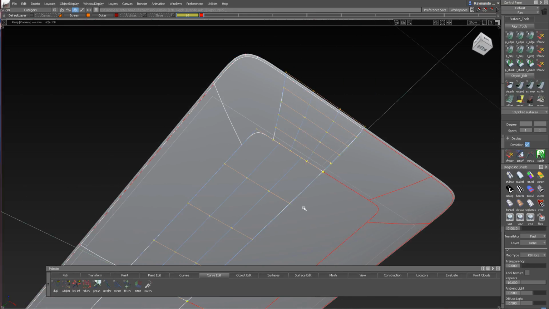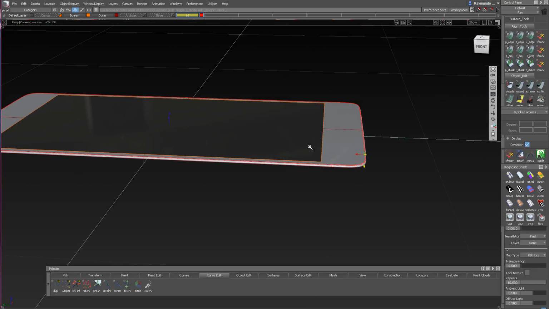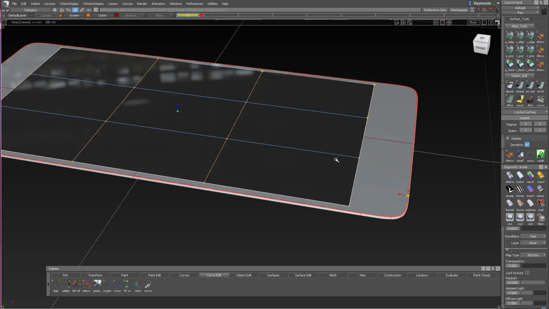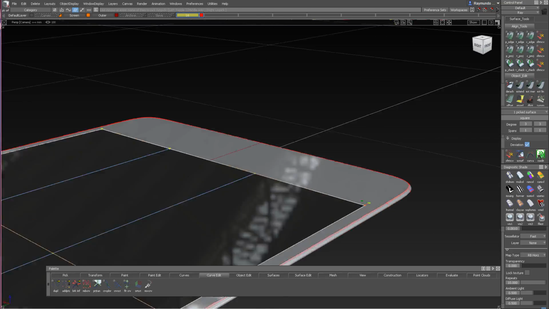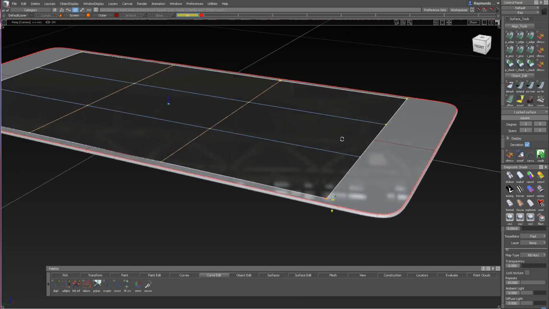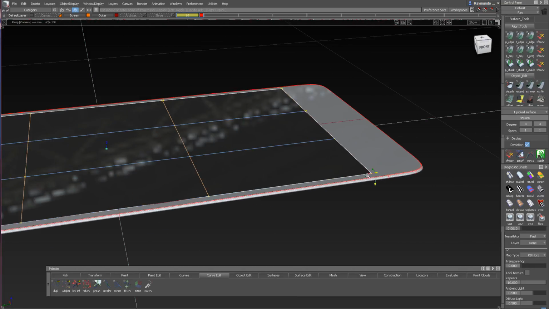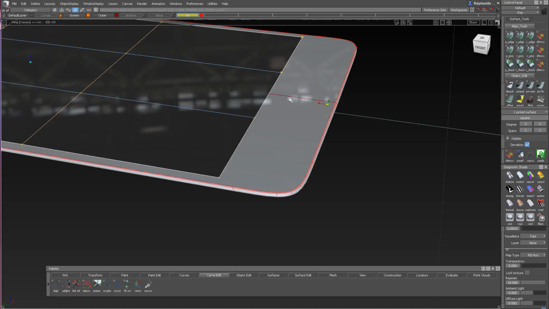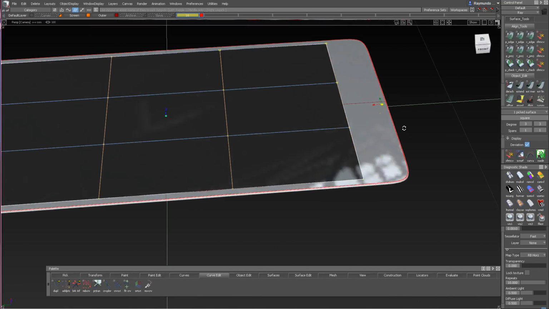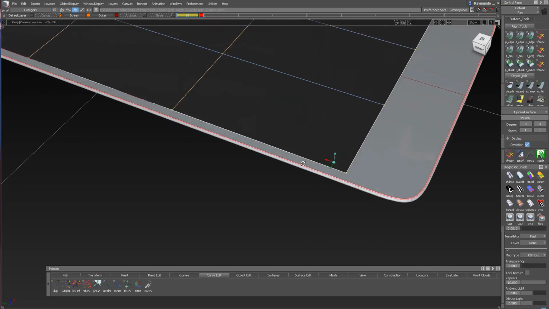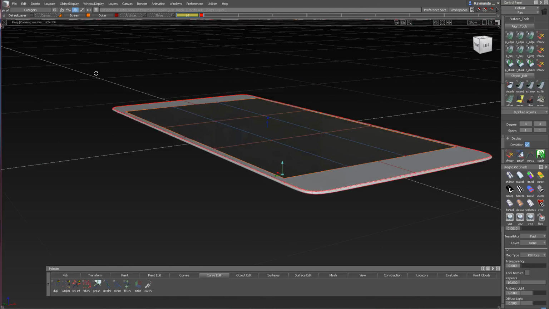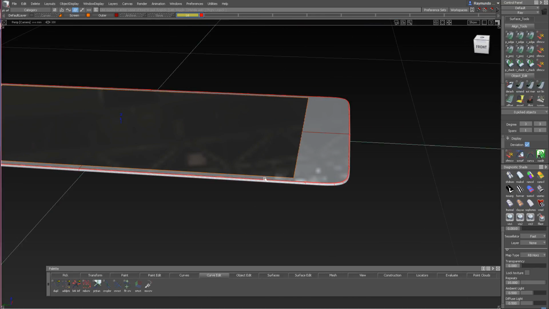I'm keeping everything very simple, and it all started with this one surface here, right? That's the proportion of the screen. And now what I want to do is start cutting this up, adding a fillet here, and adding little buttons and cameras and all that. To me, this is the fun part because it really makes everything shine. So the first thing we're gonna do is